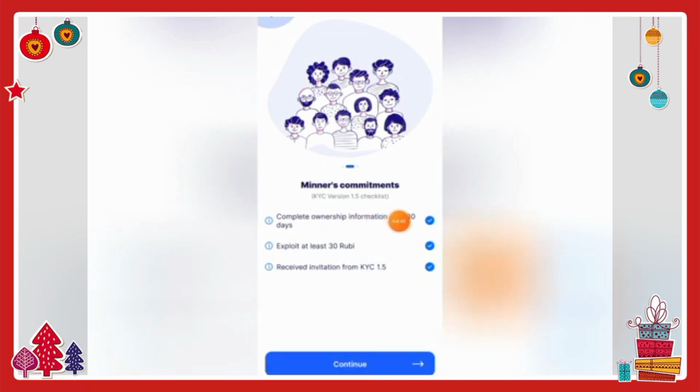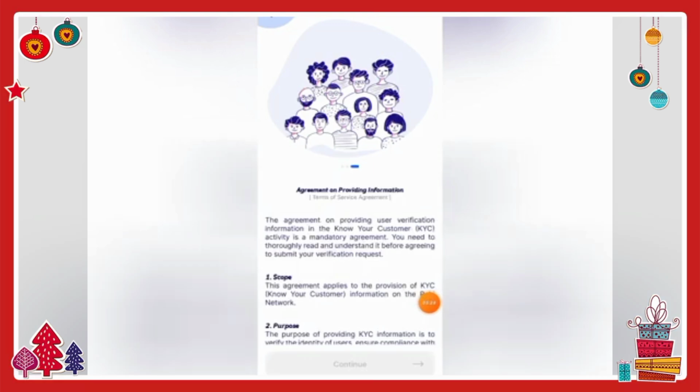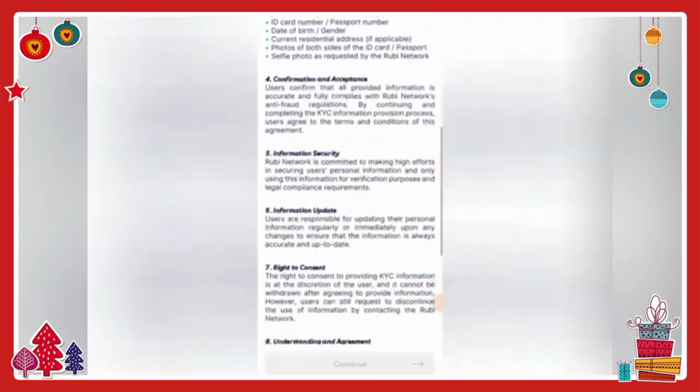For you to be invited for the KYC, one, you must have completed the ownership information of over 30 days, right? The second is that you must have at least 30 Rubi. And of course, if you have been with them for 30 days, there is no way you wouldn't have mined up to 30 Rubi, right? The last criteria is that you must have received an invitation for the KYC. Once you meet all these criteria, you can see all 3 are ticked, meaning that I have met the criteria. So I will now click on continue and read this user's agreement,